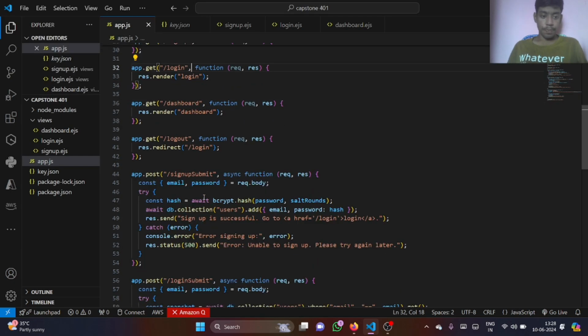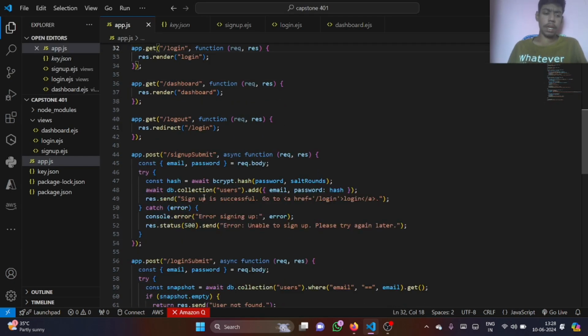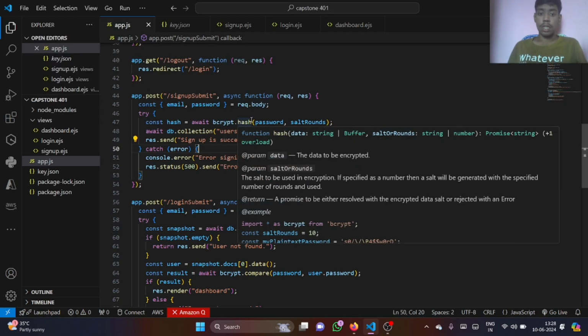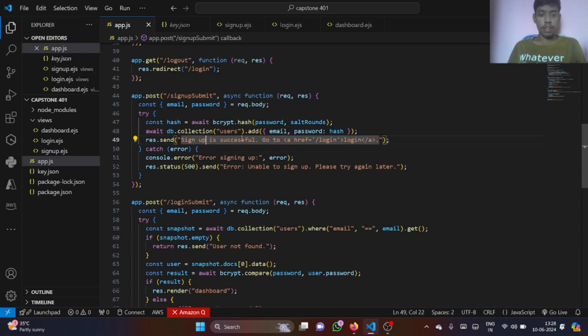Okay, now I'm gonna simply explain how the sign up submit and login submit buttons work. First, whenever you click the sign up submit button using the post, it takes two inputs. First is the email and second is the password. Then using bcrypt, it hashes the password such that it is safe and secure. Next, this is added to the users in the database we have created earlier,